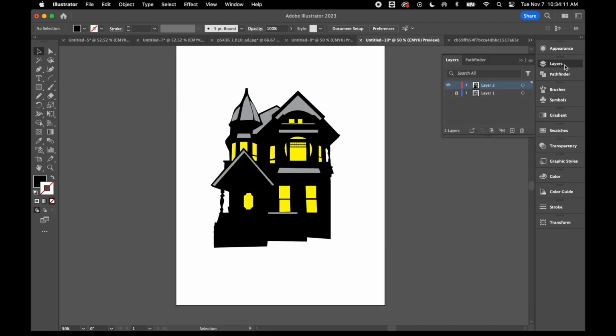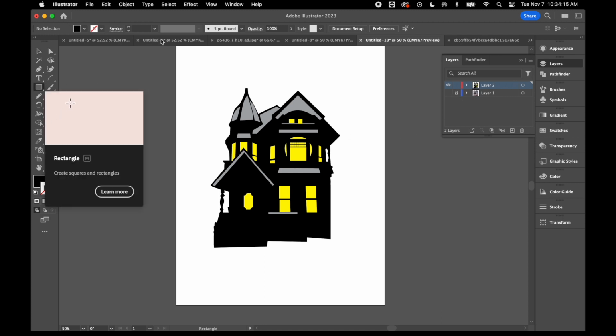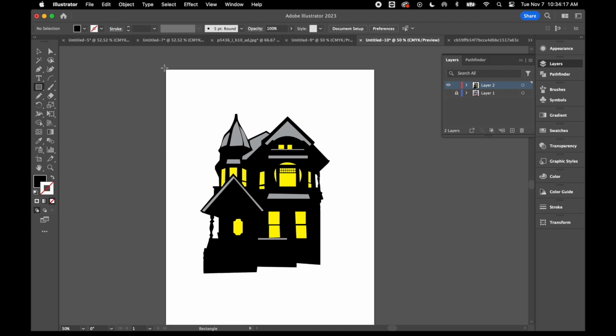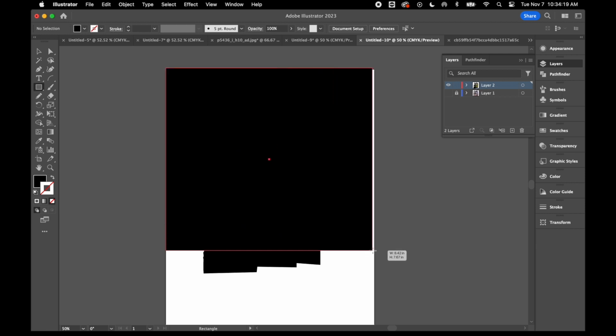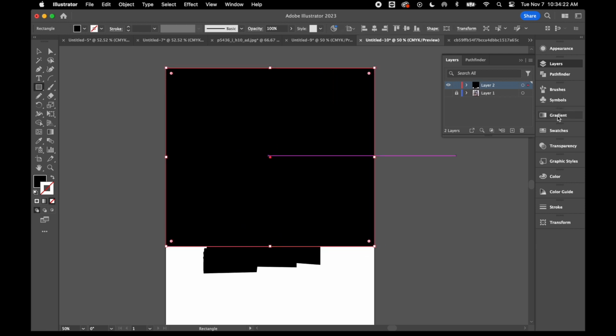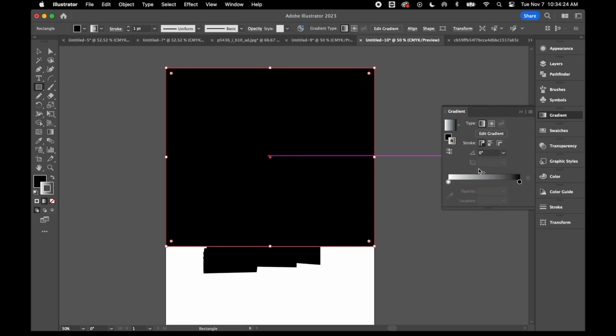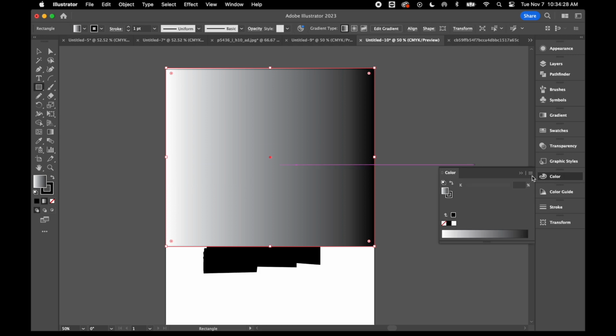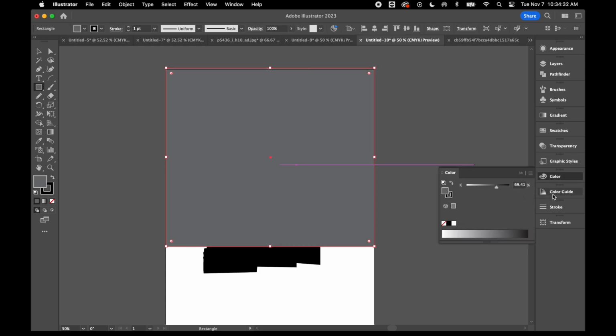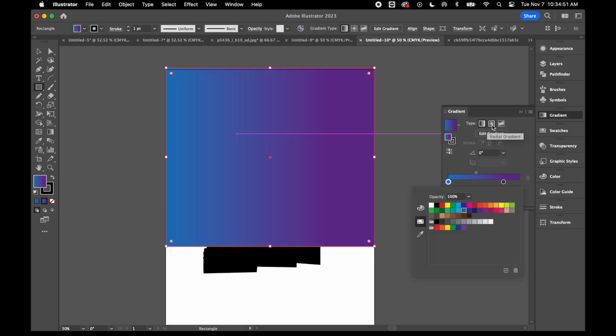Now I'm going to create a new layer, and on this new layer I'm going to create my background. So I'll start by grabbing my rectangle tool, and I'm going to throw a rectangle, and maybe use my gradient tool on this. So I'm going to change the colors of my gradient. Use some blue and purple. Yeah, I'll make that a radial